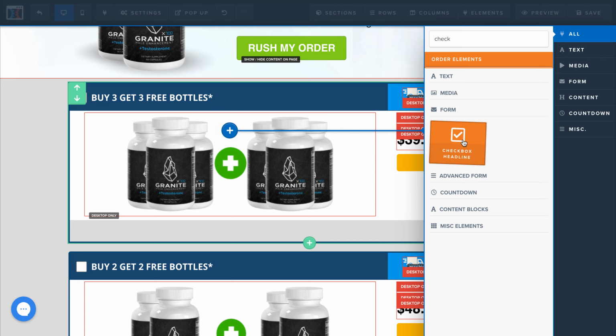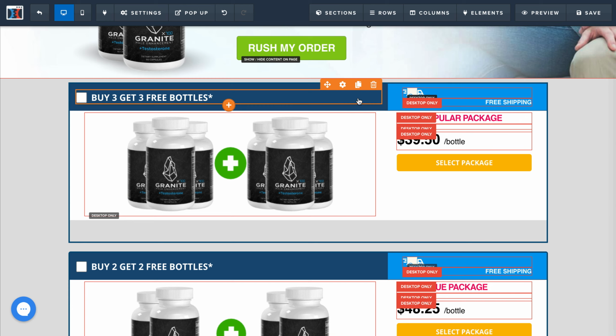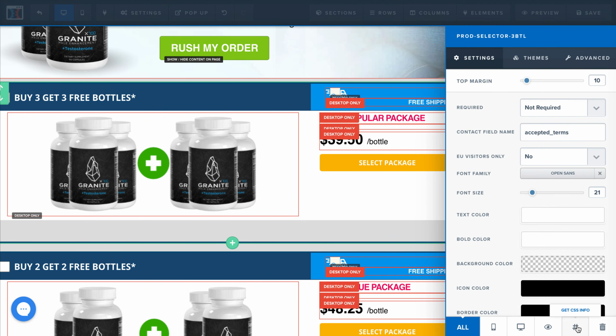From here you can see it's saying checkbox headline. This is a checkbox headline element. You can just add or update your text here, but make sure your checkbox headline element has a title,